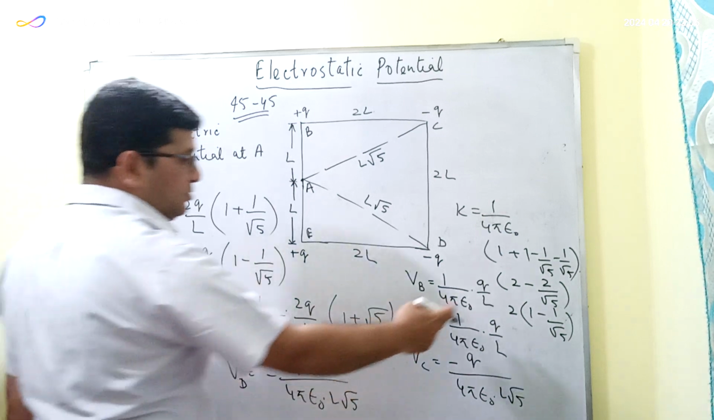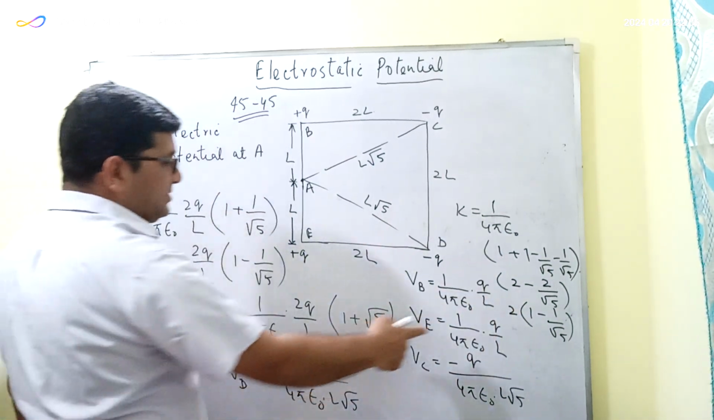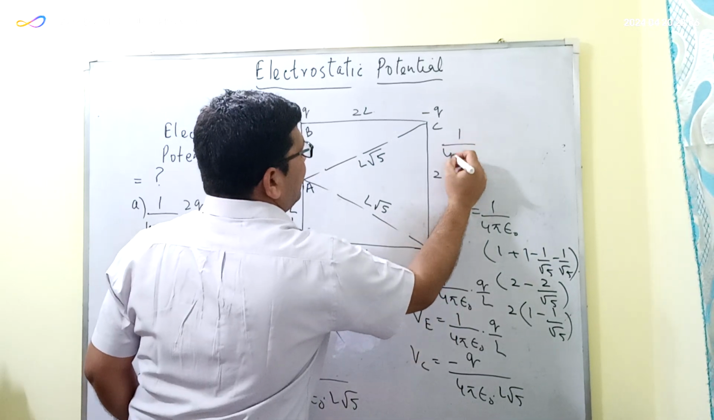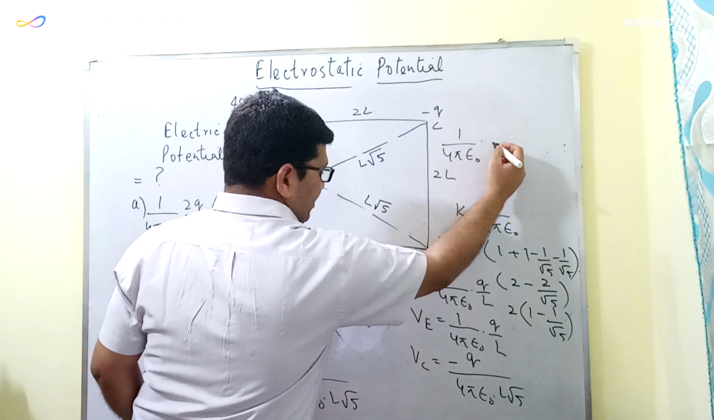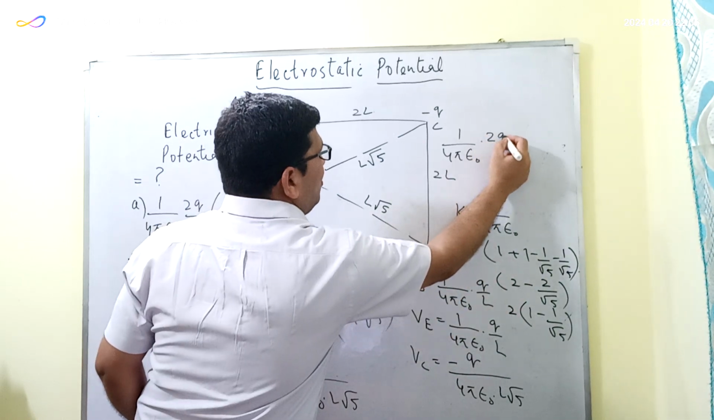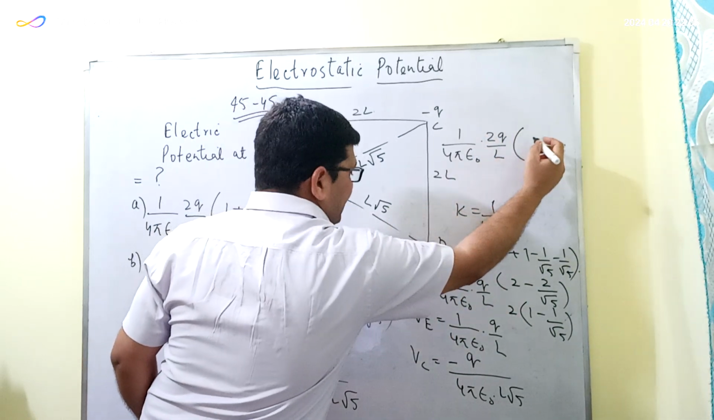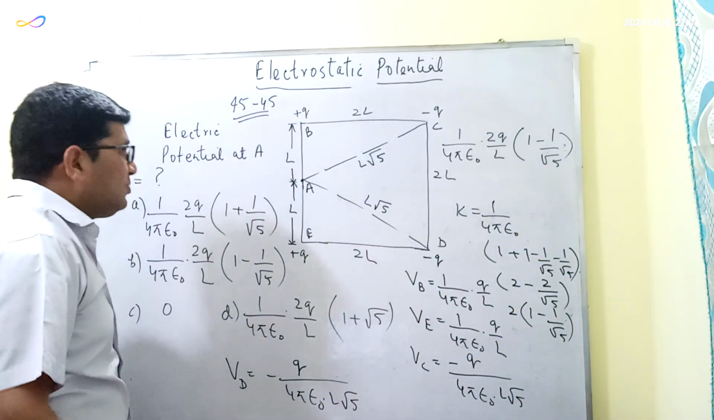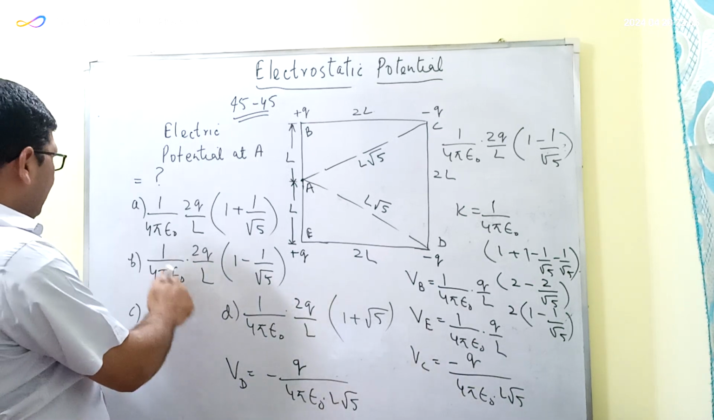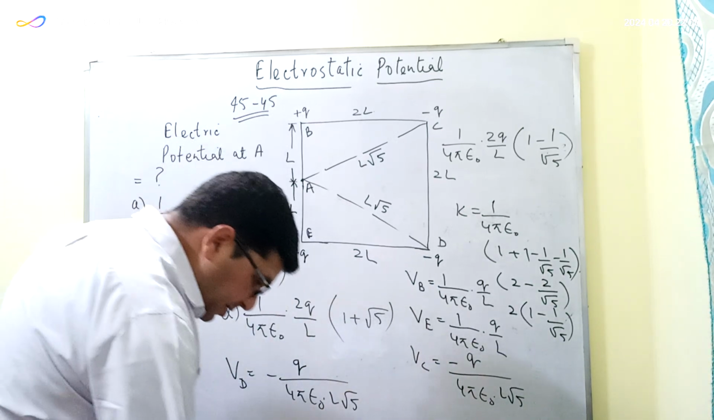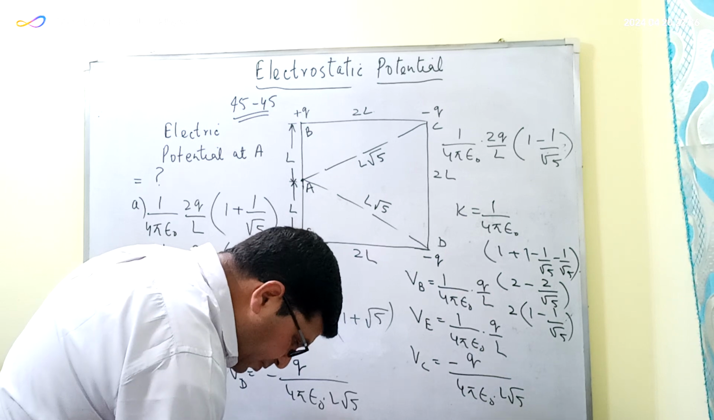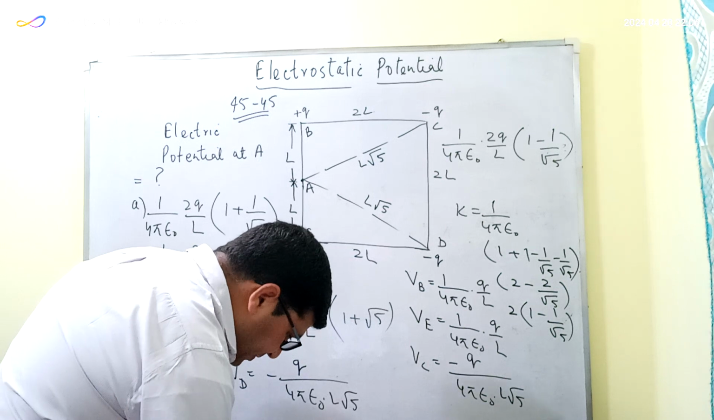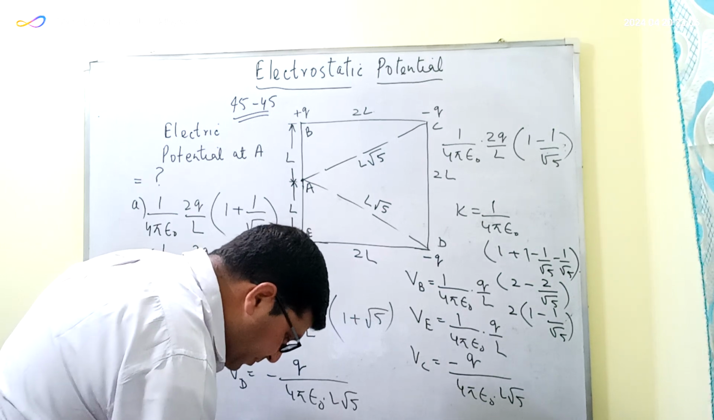because 2 can be taken out, this is common, so finally आंसर कितना हो जाएगा, that is you have taken this common, that is 1 by 4 pi epsilon naught, 2Q upon L and in the bracket is 1 minus 1 upon root 5. ठीक है, so your answer will be what, I think Option B. Now let us question number 22. Question number 22. Yes, the correct option is B. ठीक है,